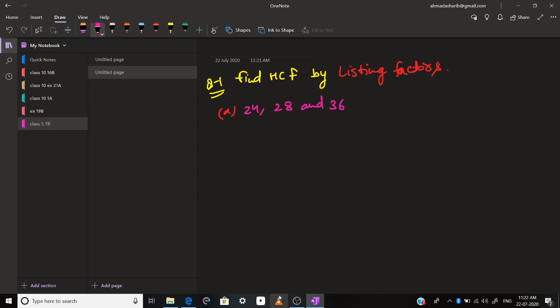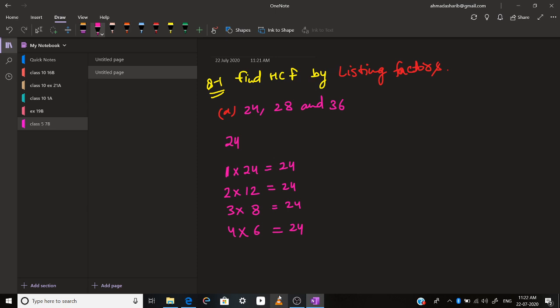Now I am going to teach you how to find the factors of a given number. So first of all we have to find the factors of 24. We will start with 1. Each and every question we have to start with 1. So 1 should be multiplied by 24 to get 24. Okay, 1 into 24 is equal to 24. Then 2 into what is equal to 24? By which number shall I multiply 2 to get 24? So of course 12, because 12 twos are 24. Then 3 will be multiplied by what number to get 24? 3 8s are 24. Okay, then 4 6s are 24.